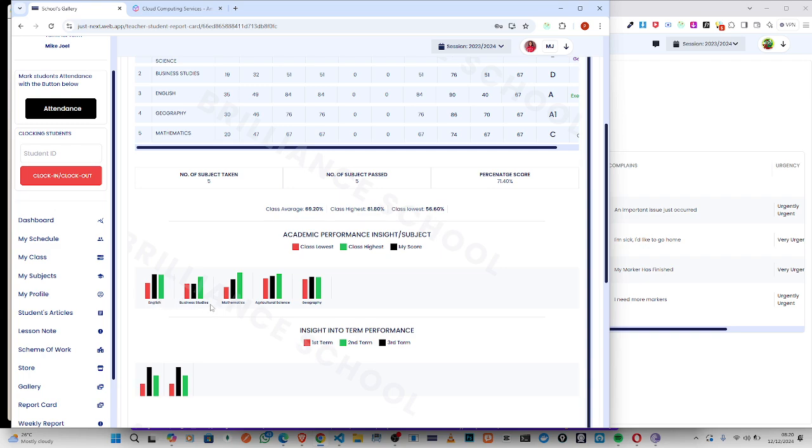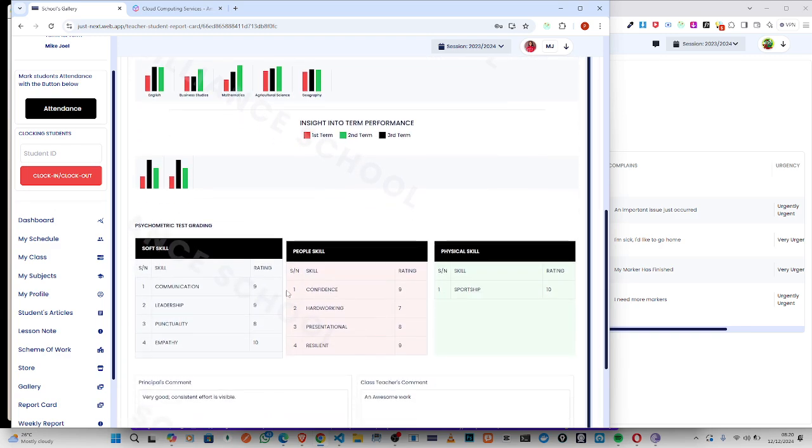The middle one is their own score, with the class highest score and the class lowest score. And for their psychometric grading, their soft skills, they can see communication, leadership, punctuality, and empathy. Their people skill, they can see it here, confidence,